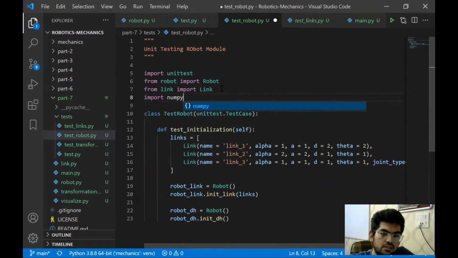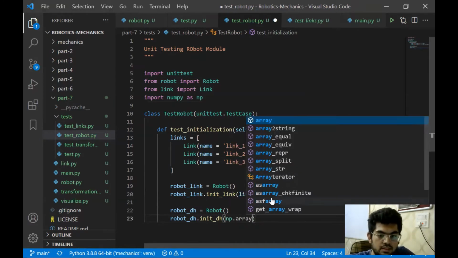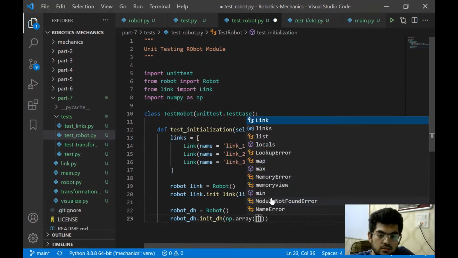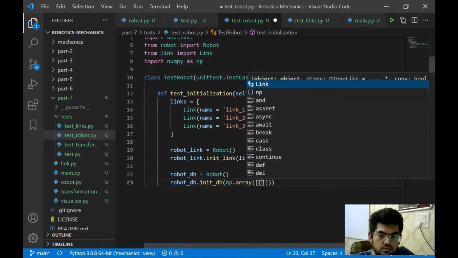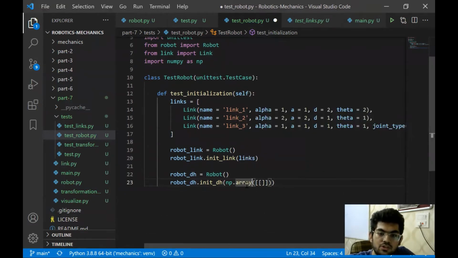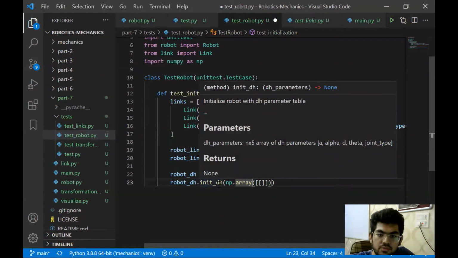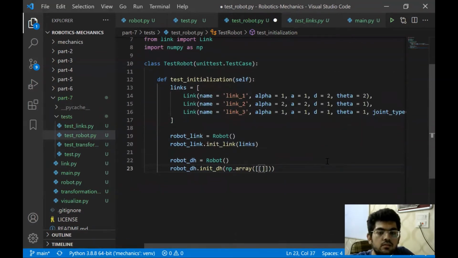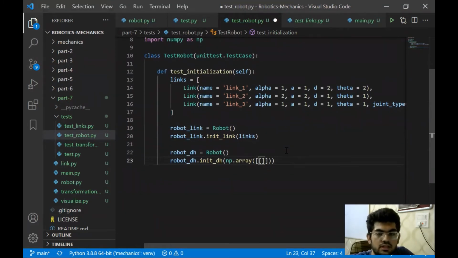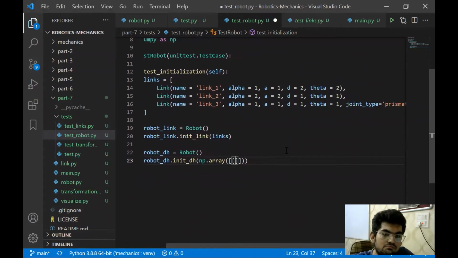For this, we need to import numpy as np. Let's have np.array. Now, what was the DH parameter going to be? A, alpha, d, theta, joint type. There are not really any default values for the joint type, so we need to add revolute.